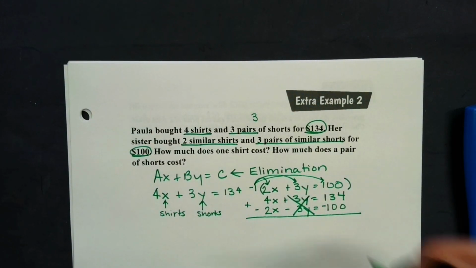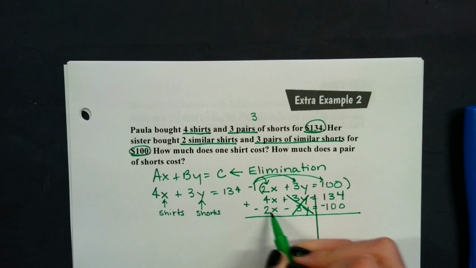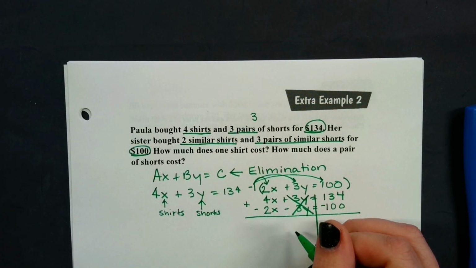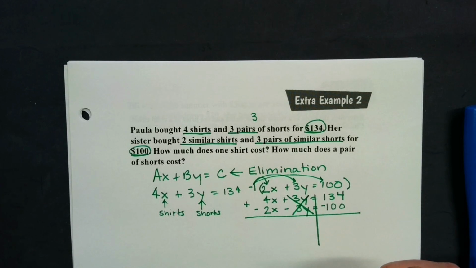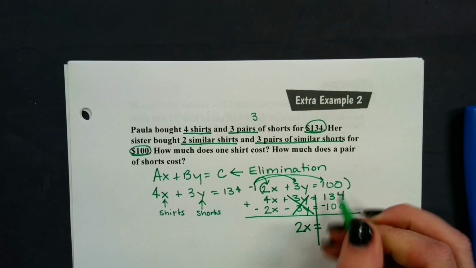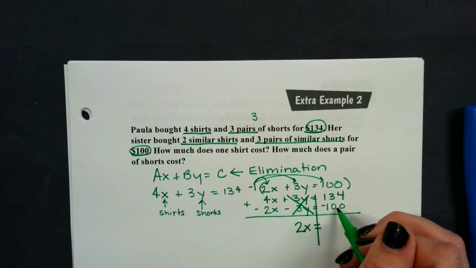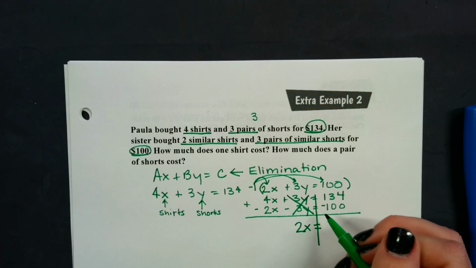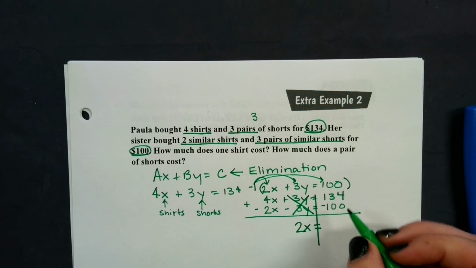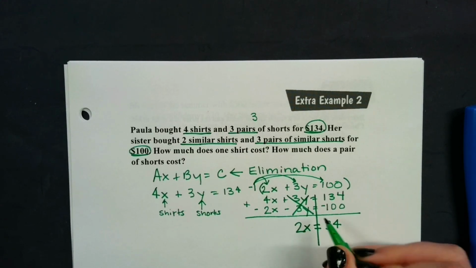They're opposite. 4 plus -2. What does that leave me with? $134 plus -100. What does that leave me with? Okay. And the last thing I need to do is